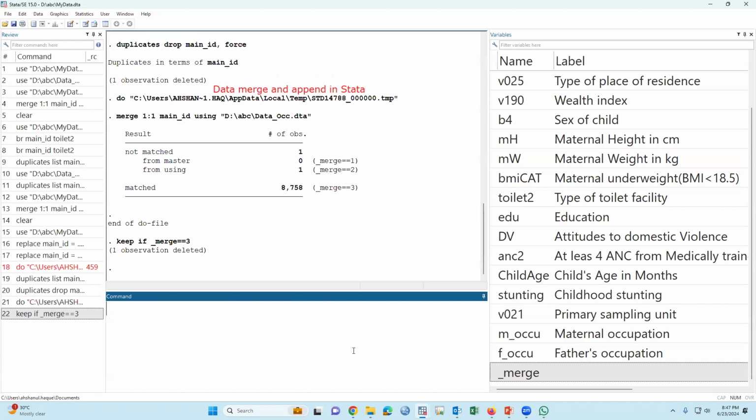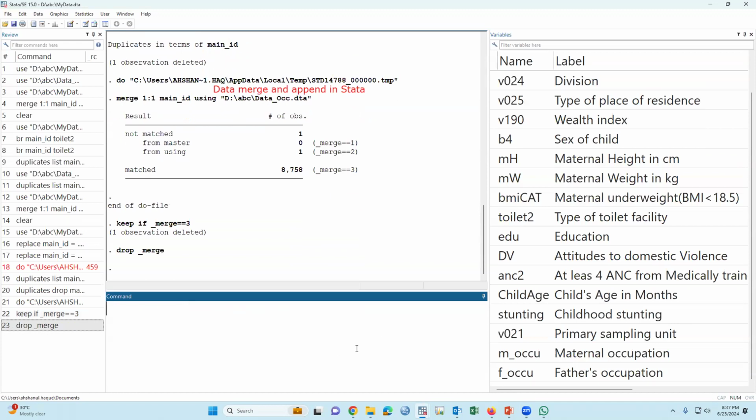Okay. Yes. Now drop merge. Okay. This is all for merging.